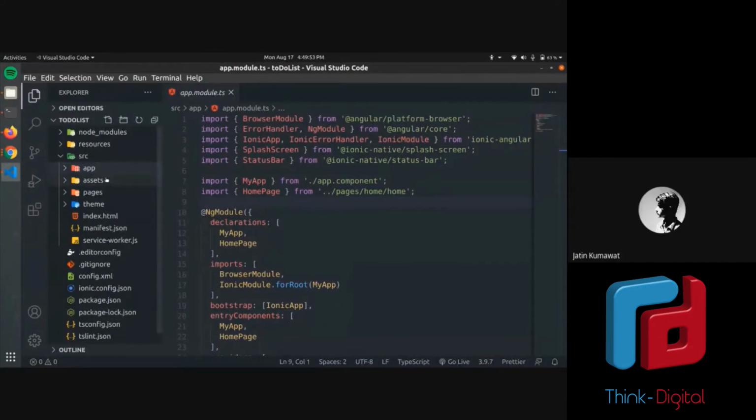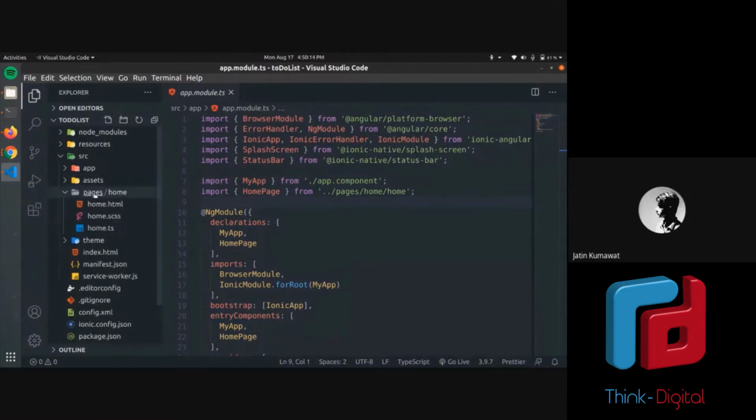The second folder is assets. The assets has your icons. If you are using any icons throughout your app, you will put them in this icons folder. If you are using any image, you will put it in the images folder, like to display any image, or if you are getting an image for the user, or just the profile picture, you will put it in the assets folder. Now next is the pages folder.